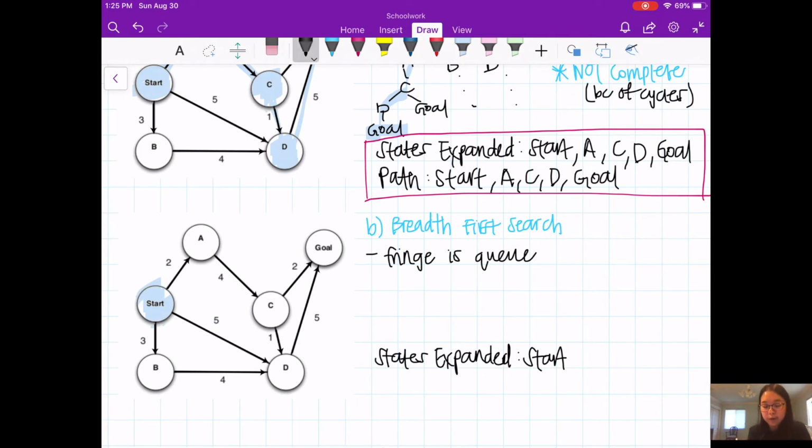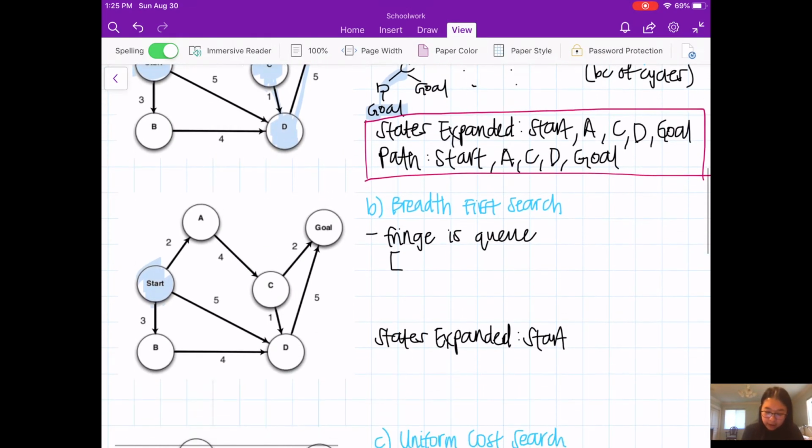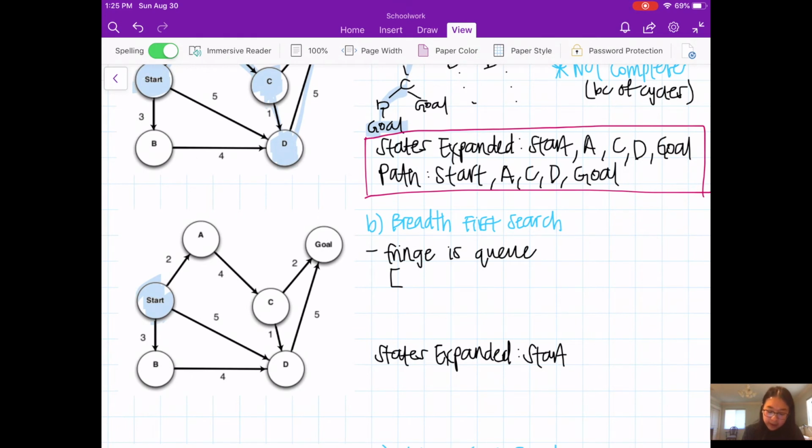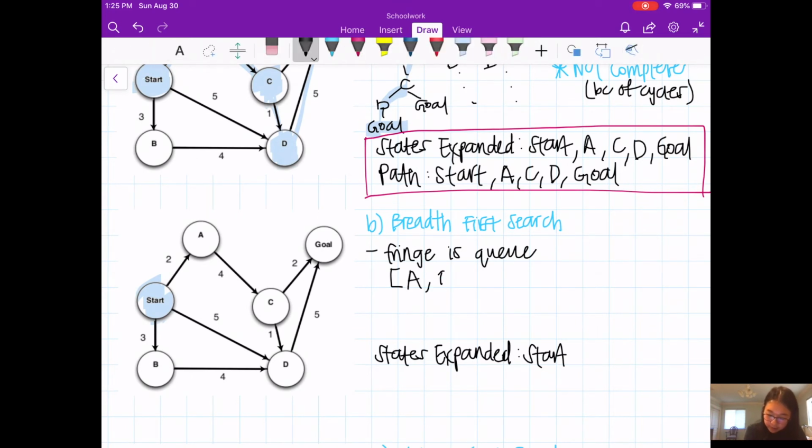And then for breadth first search, I find it easier to write down a list of the running queue, so I know which nodes I've added into my queue and which ones I should explore next. So once we've explored start, it was added to the queue and then removed. And when it was removed, the children of start also get added to the queue. We want to add them in alphabetically because that is how we are breaking ties. So the children of start, just like how we noted up here, are A, B, and D. So we would want to add in A, B, and D.